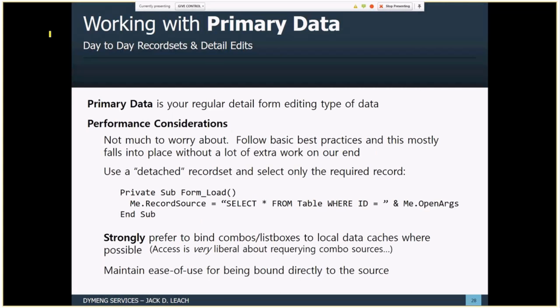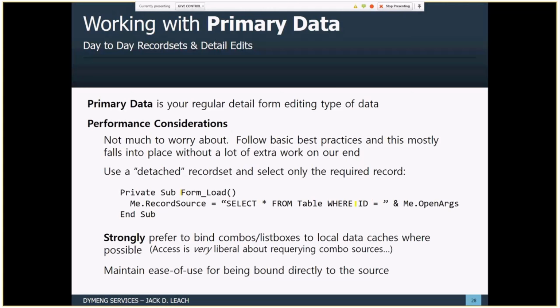The only thing really for consideration is that we do not want to give the form a record set that is bound directly to the table and says, give me all of the records that are in there, because then we're asking for a lot of data from the server. So if we used a detached record set, we go ahead and do our development based on the record set, but before we start testing performance on it, we can actually remove that record set from the property and then use the load